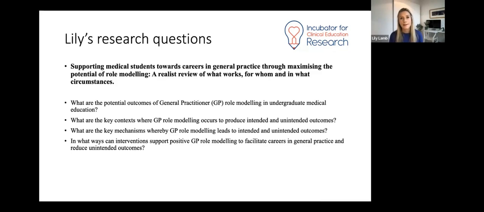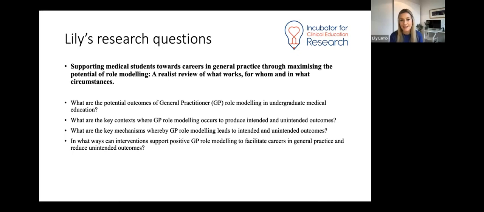Some of you probably won't have heard of realist research before, but realist research is all about trying to understand complex interventions and trying to work out what works for whom, why, and in what circumstances. So it's not saying, does something work? It's trying to get that level of detail and recognizing that,